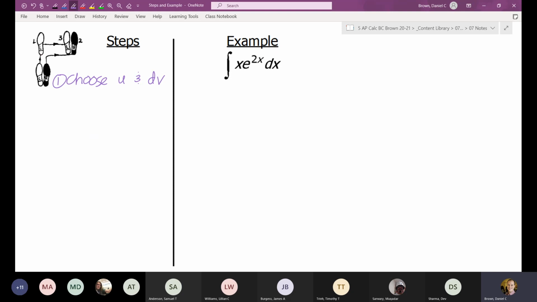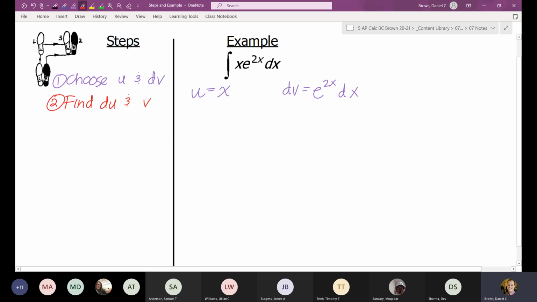This is one that we saw regular u substitution did not work. So we are going to do integration by parts. We have a product here. I'm going to let my u be x, and I'm going to let my dv be e to the 2x dx. And we'll talk in a second of how you decide which one's your u and which one's your dv. Notice that dx did come along with the dv, and that's because it is going to be something that we have to actually integrate, which is going to bring us to our second step, where we're going to have to find